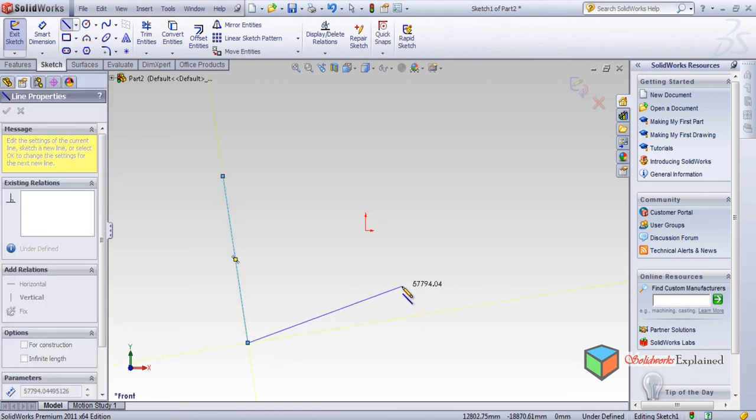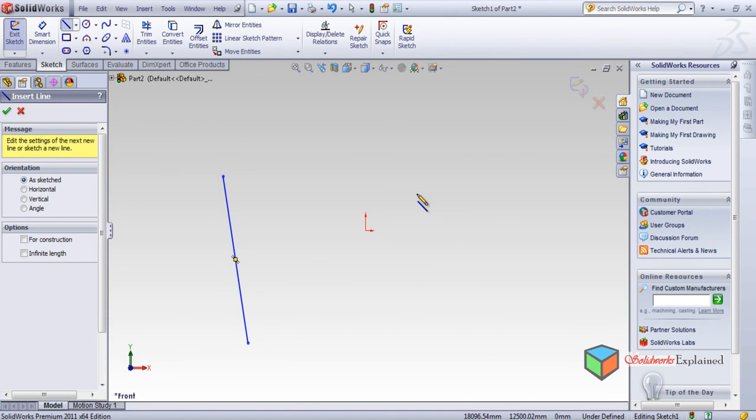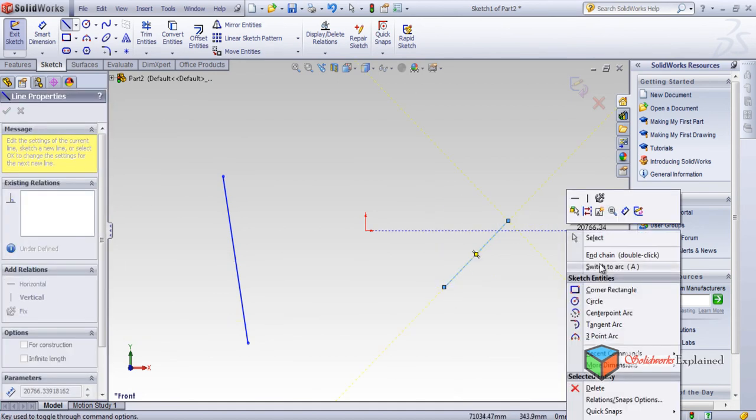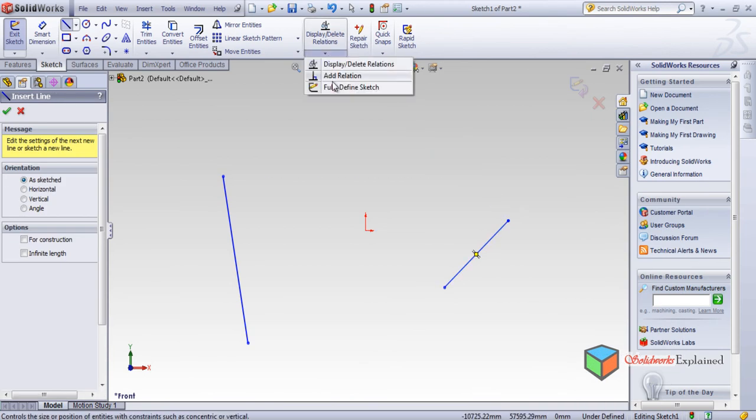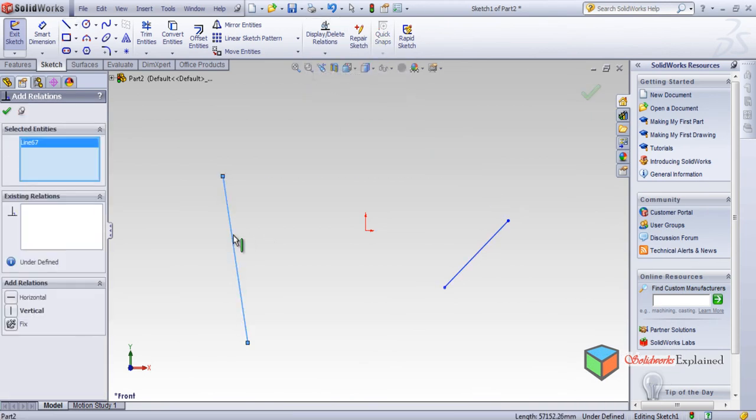Another feature is making a line. This is the line, right click and chain. One more line I want to make, this is one more line and chain, and then add relations, and this is the line. And now I want to make a midpoint. So midpoint of this line will be somewhere here, but I want this line to get attached to the midpoint of this line. So I'll select this point here, and then I will select midpoint. So first select this line and then a midpoint,